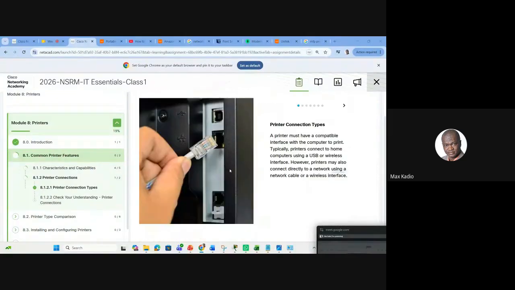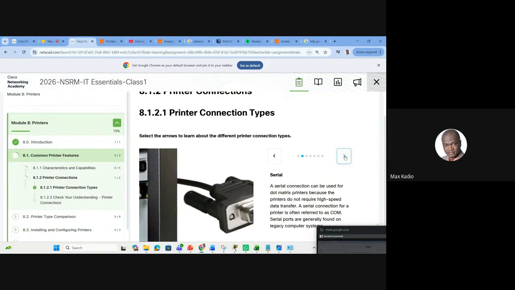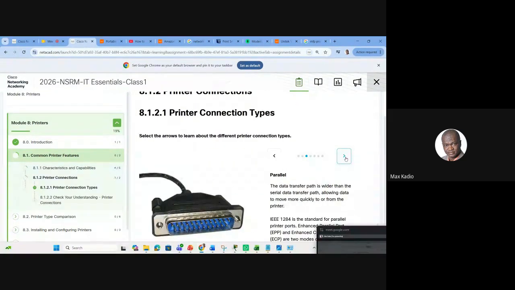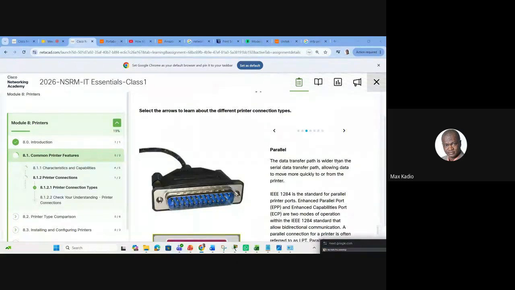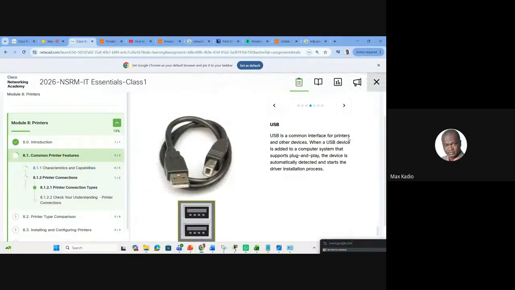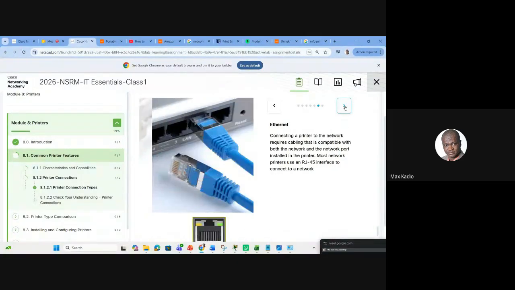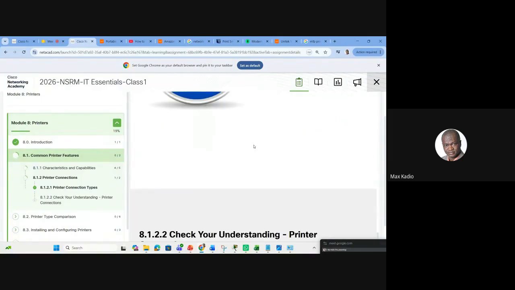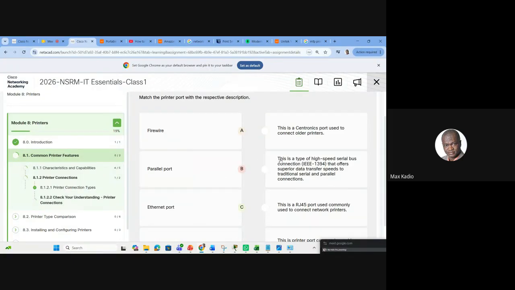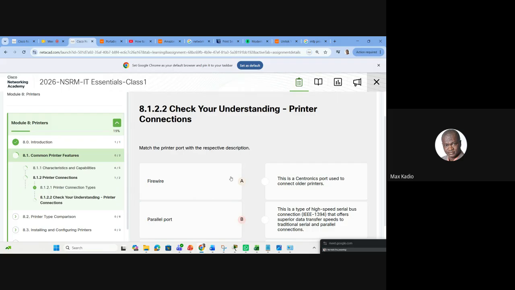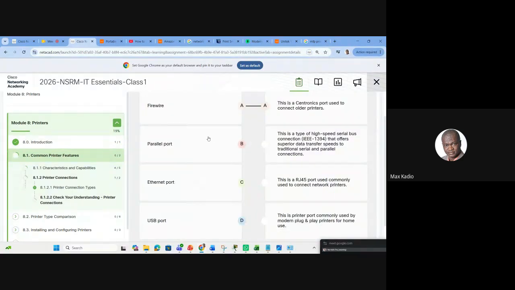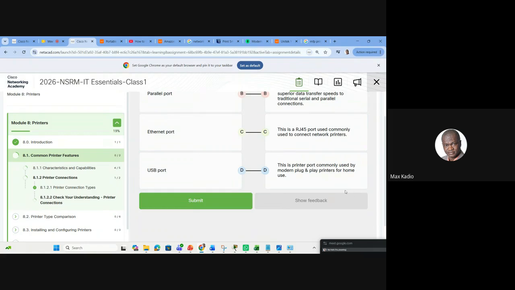Yeah, we continue with some connections on the network, serial. So it depends on the type of printer, the company you're working for. Then you can also check your knowledge here. You read. I'm just doing a demo.